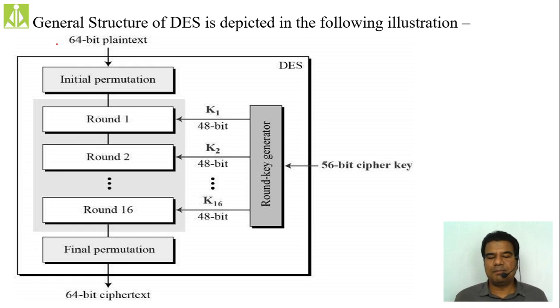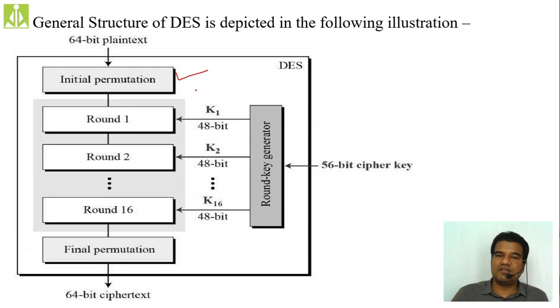Okay, so we apply some initial permutation. So this entire thing, whatever you are seeing here, is our complete structure, the complete DES structure. To that structure, the input we are giving is a 64-bit block of plain text. And inside our structure we have to apply some initial permutation. Then we have these rounds. How many rounds of operations do we have? 16 rounds of operations we have.